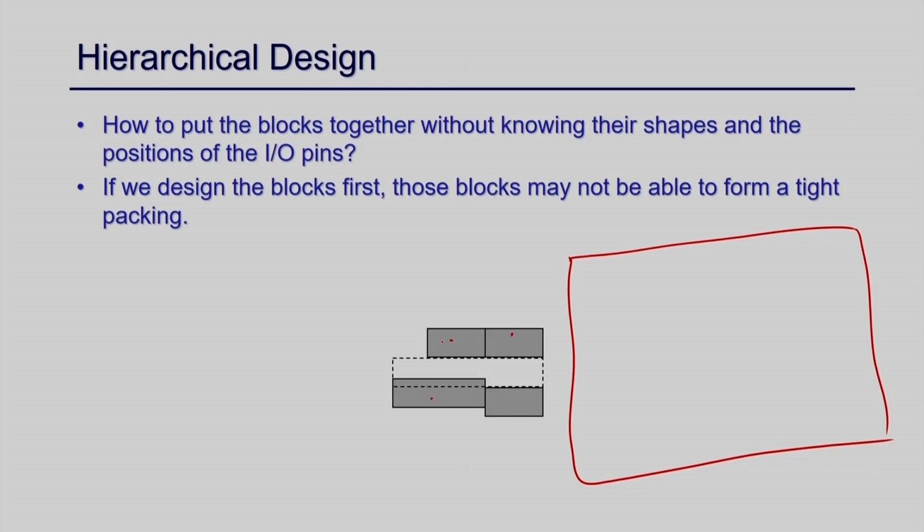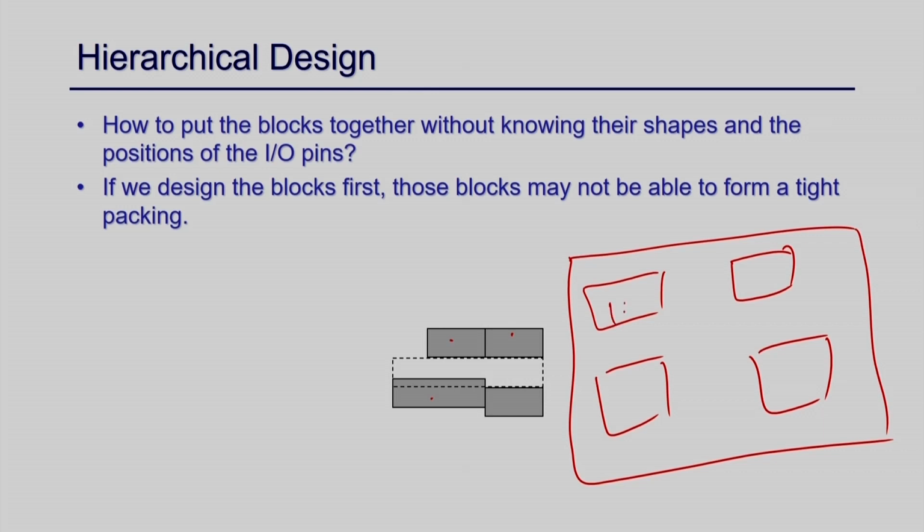Now, you have to physically place those components here so that your total area is minimum. You have to place those components here, and their area is not always the same. This may be only, say, 10 units, and this may be 100 units, this may be 12 units, this may be 50 units, and so on.